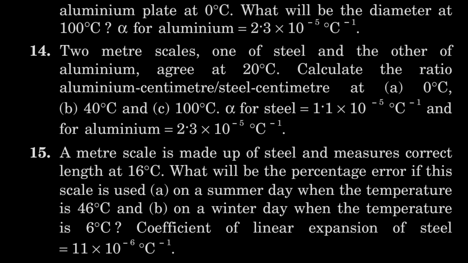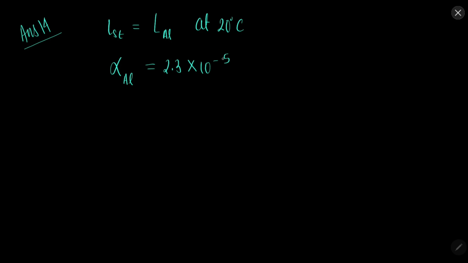In question 14 we have 2 meter scales. We need to calculate the ratio of aluminum centimeter to steel centimeter. Solution 14. So first of all, steel and aluminum, they have same length at 20 degree Celsius. Now the coefficient of expansion for aluminum is 2.3 into 10 to the power minus 5 per degree Celsius, and